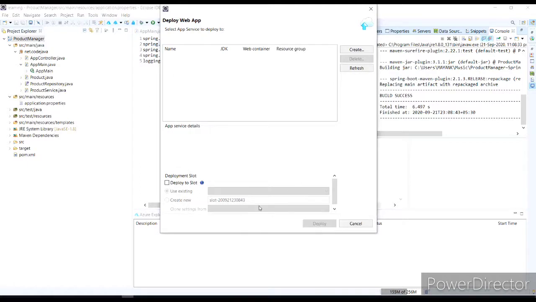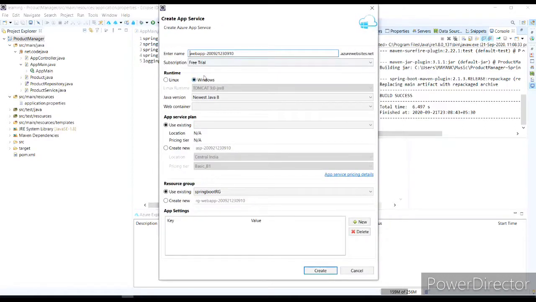Yeah, so we need to create a web app. So we will click on the create button. So you can choose any web app name from here and enter it in this box. So I just leave it as it is.